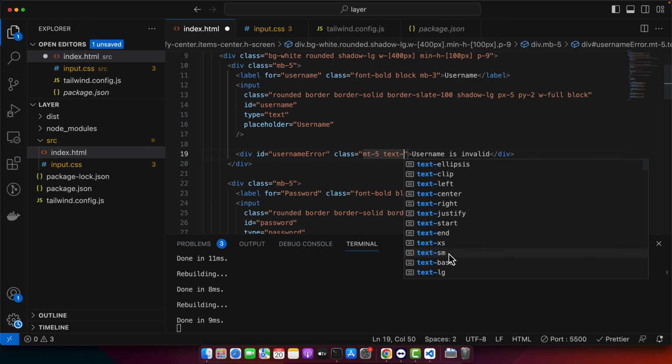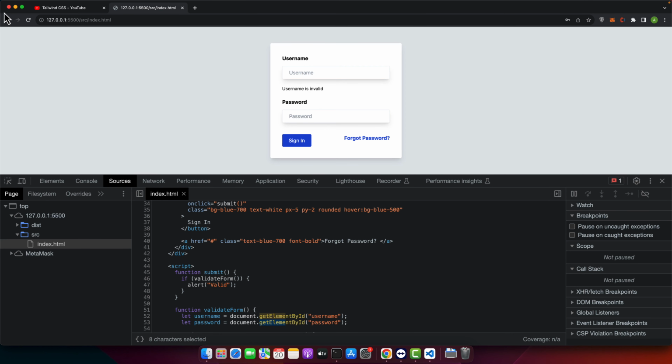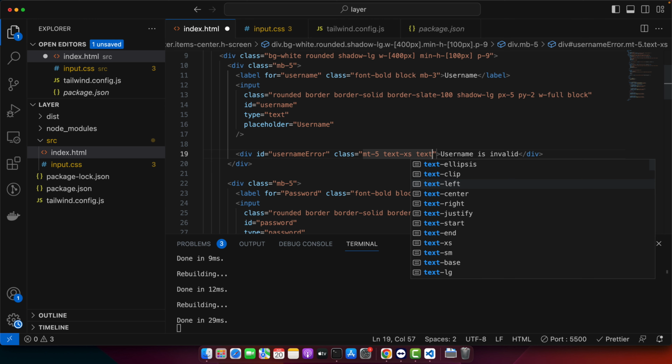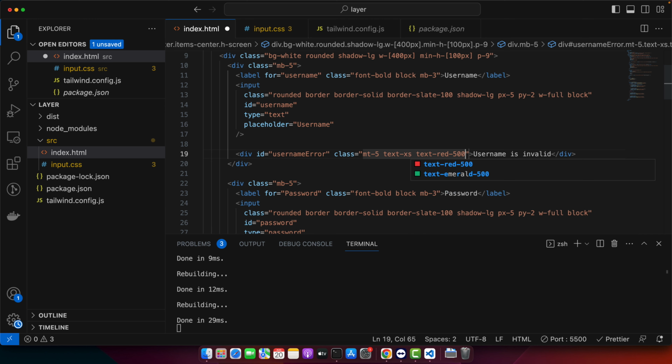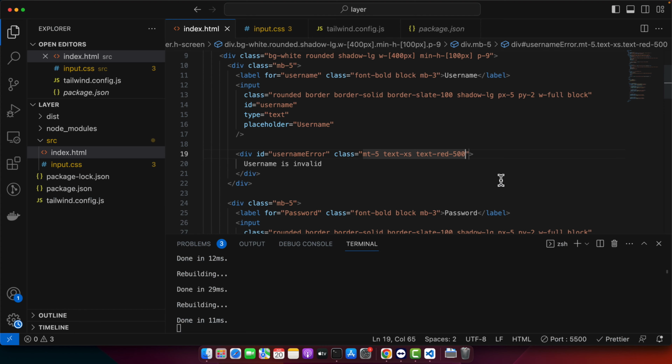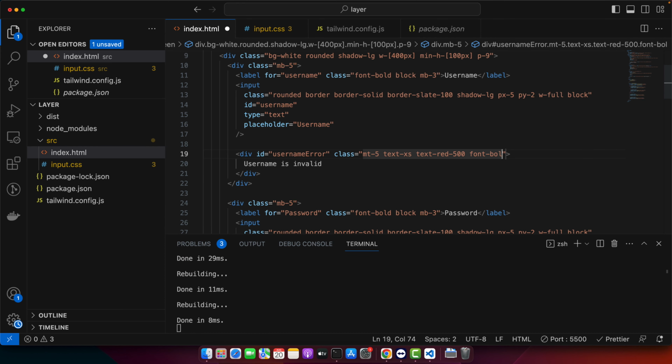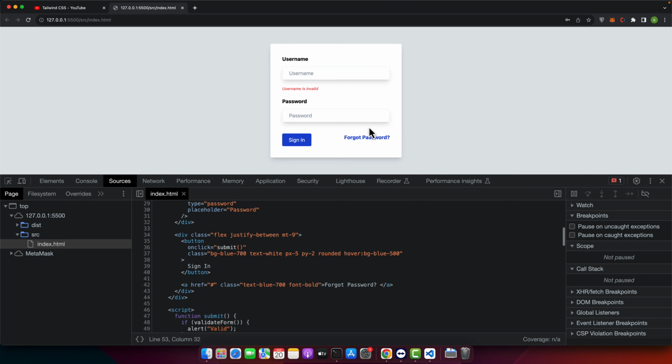text should be small or maybe extra small, and the color should be red. Okay, and the font should be bold. And it should be italic instead of bold. Okay,